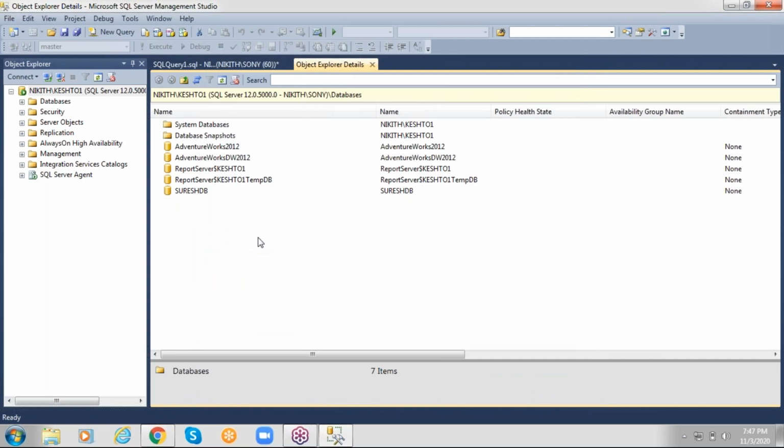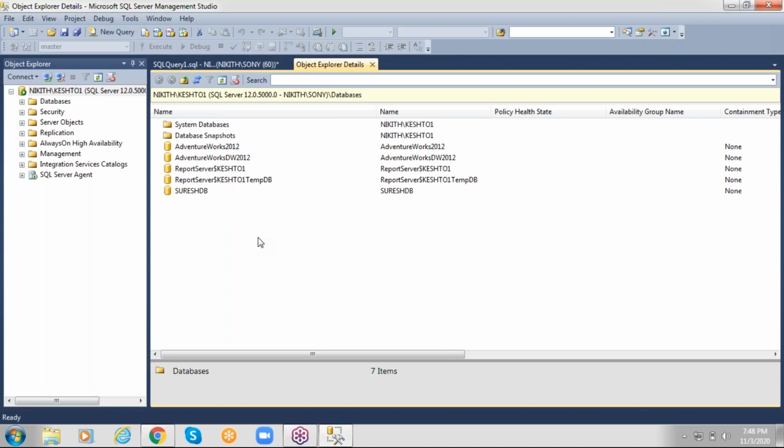Here the important thing is, we also discussed system databases. Now the question is, what are the files for system databases? The same files will be there: data file and log file. If the data file is corrupted or the log file is corrupted, then your database will be corrupted.